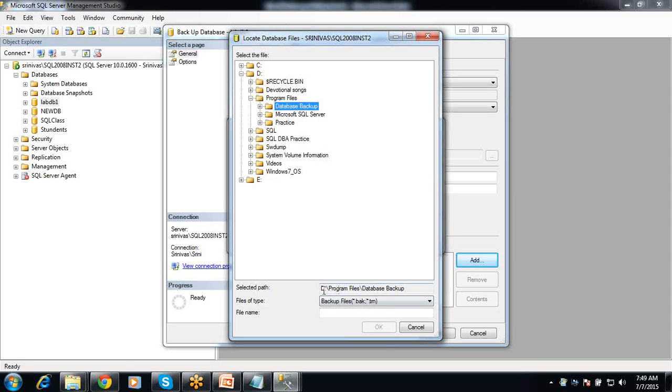Okay, so this is the selected path for your backup file, and the backup file extension is .bak or .trn. .bak is for your full backup and differential backup, and .trn is for your transaction log backup. SQL Server will allow any extension, so you need not give .bak or .trn for the backup files. You can give any file extension. SQL Server will allow it, and the backup file name